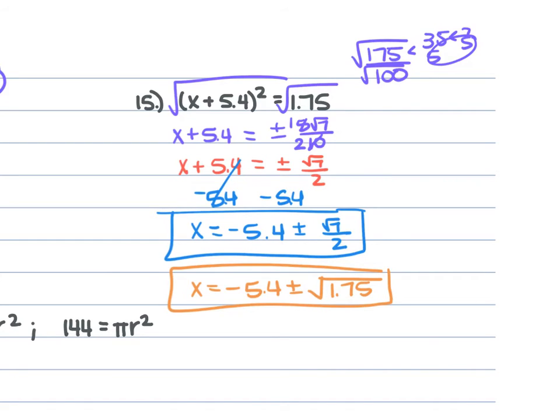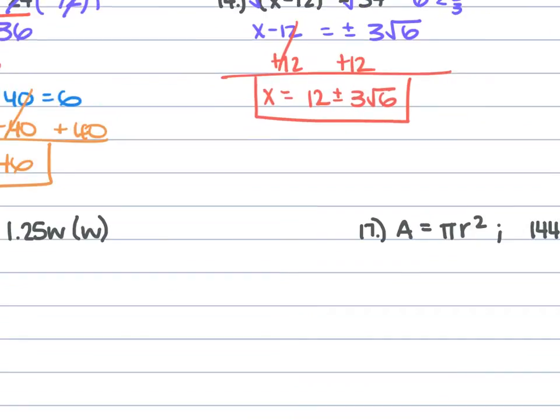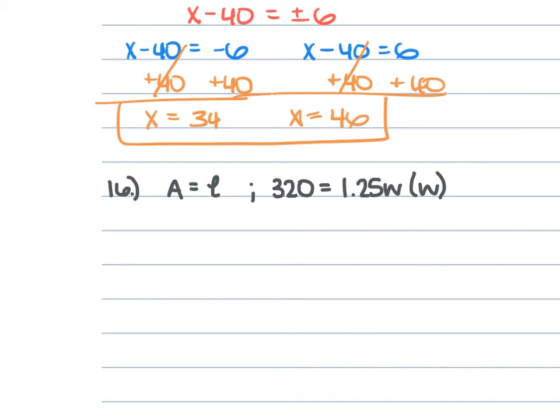All right, so for our next example, number 16, it tells us the area on a wall covered by a rectangular poster is 320 square inches. So the area of that rectangle is 320 square inches. The length of the poster is 1.25 times longer than the width. From there, it asks what are the dimensions of the poster. All right, so we are going to start with finding,